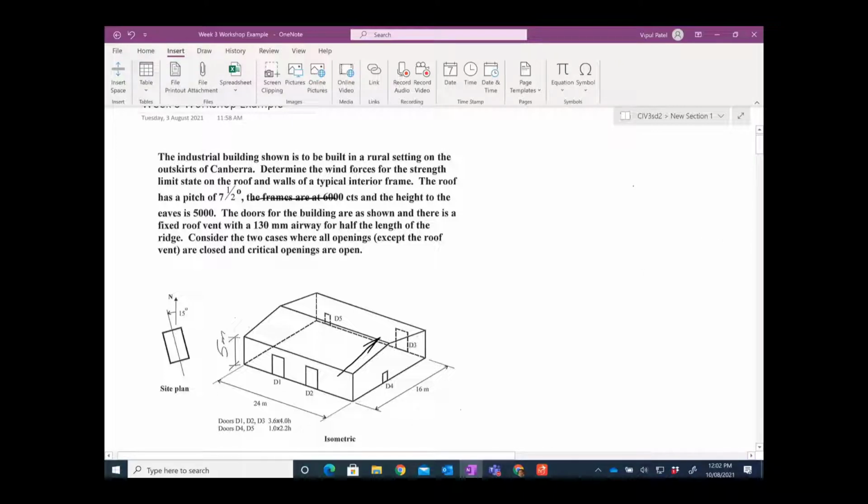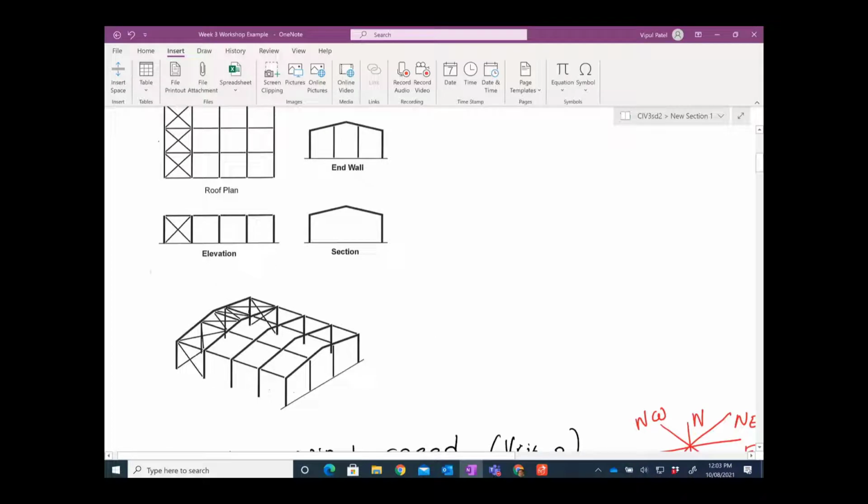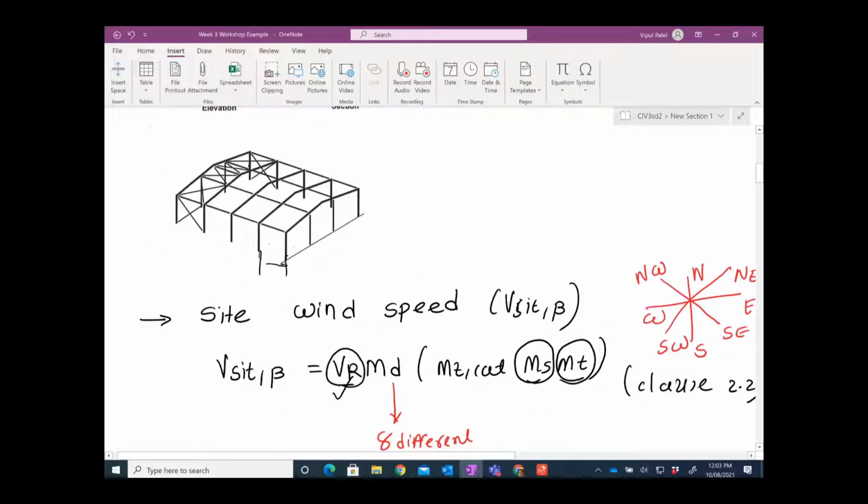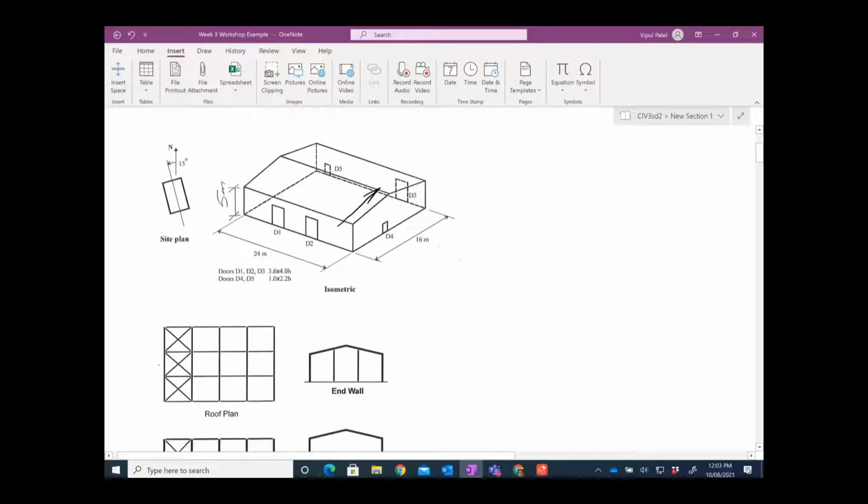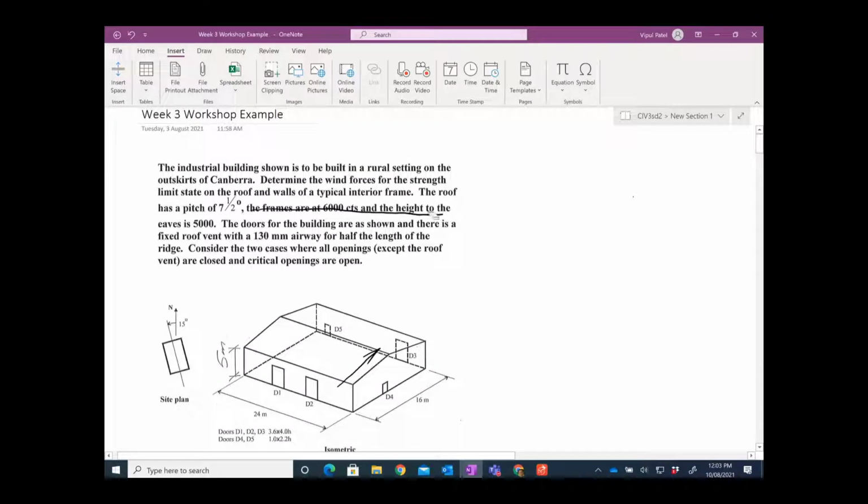So the frame has a center to center distance of 6 meters. From this end to this end is 6 meters. From here to here 6 meters. Here to here is 6 meters, and so on. Height is 5 meters. The doors for the building are shown, and there is a fixed roof vent, 130 millimeter airways. I think you know the story. There was a 130 millimeter width of airways halfway through the length,